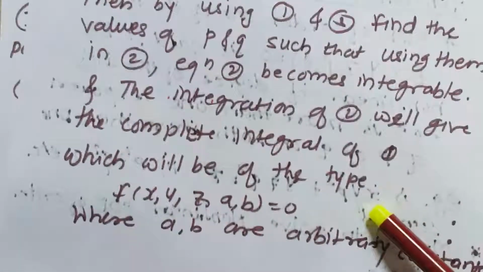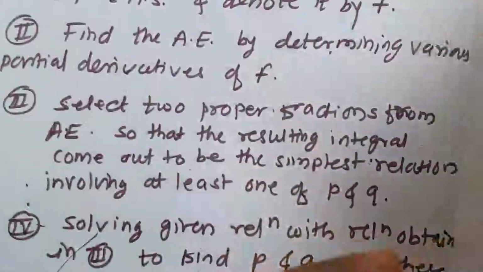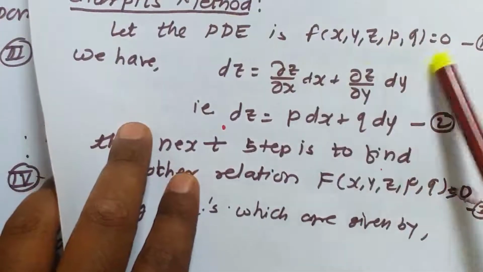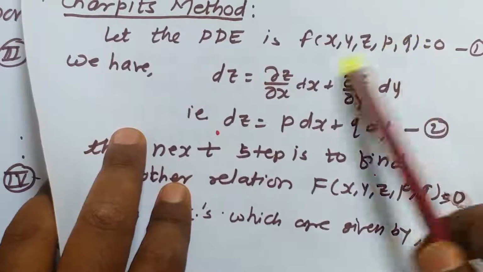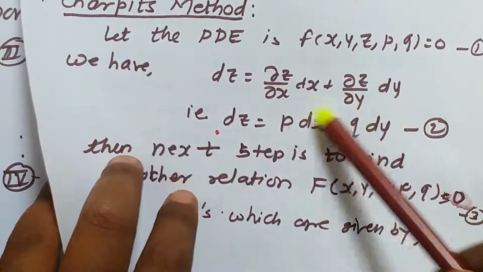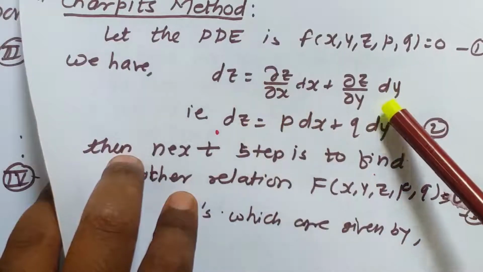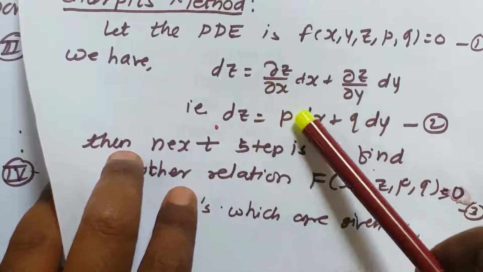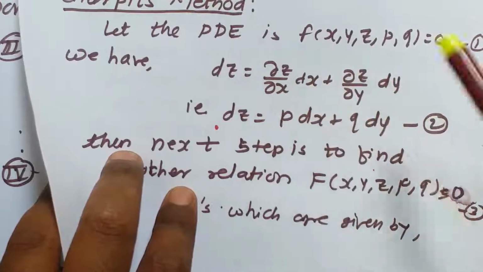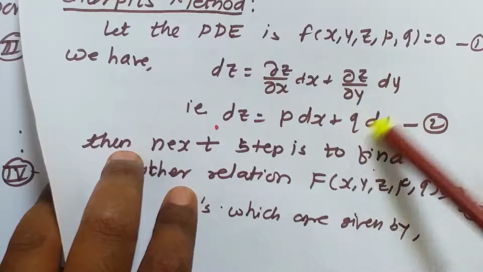Okay, so one more time go through all the discussion whatever I discussed, because it is not that easy. First we write the equation in this form, then this equation we are going to use at the end. Even if you write it at the end, it doesn't matter. For using this equation we need the values of p and q such that this equation will be integrable, right? Means it will be in the variable separable form.